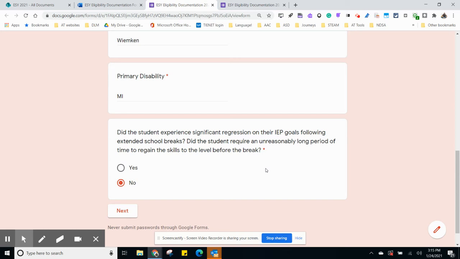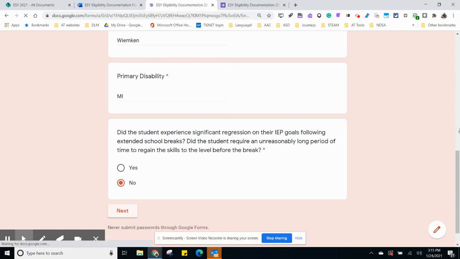This could also be students with intellectual disabilities, students on the autism spectrum disorders. So if you would choose no, that they do not have challenges with regression recoupment,